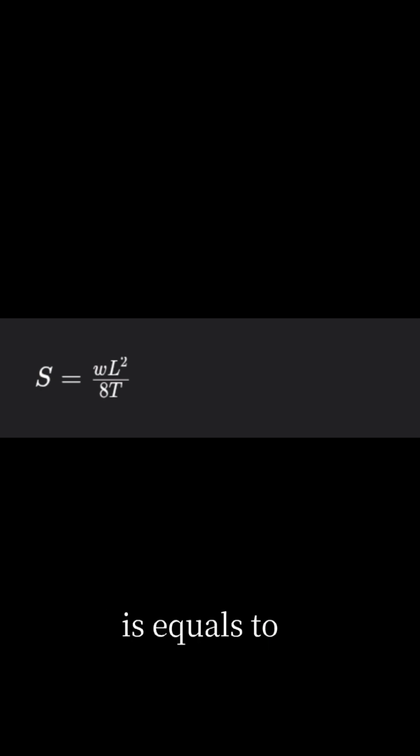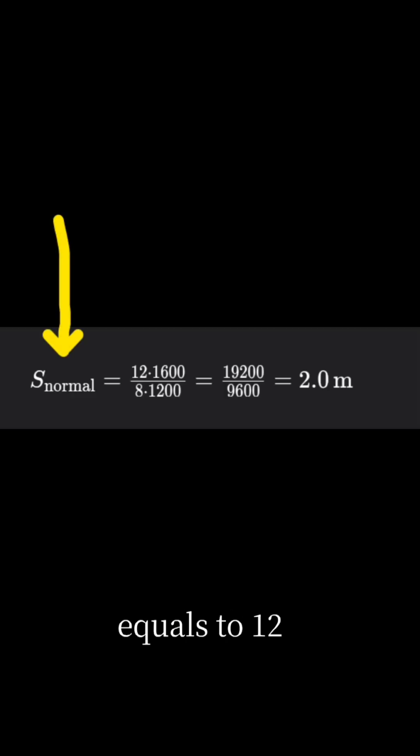Omega, or W you can say, equals the weight, 12 Newton per meter. L equals the span, which we are taking as 40 meter. Span is the distance between the two poles. Normal tension T equals 1200 Newton, as we just used before. S normal equals 12 into 1600 by 8 into 1200, which is 19200 by 9600,